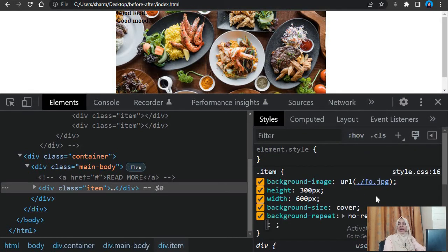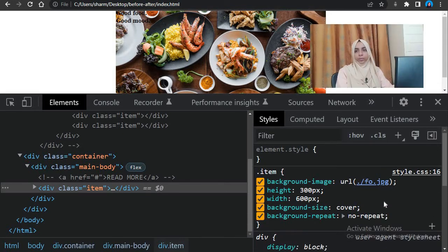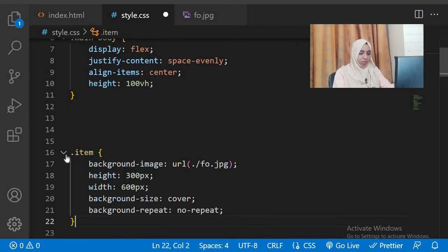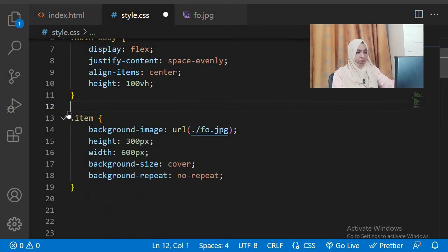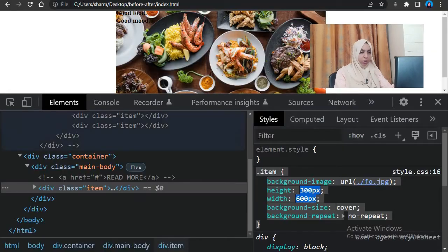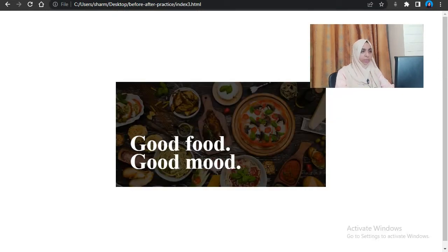I will make a dedicated video on these background properties that we have. We can use them in different ways, and they are amazing properties. Okay, so we just replace this item over here with it. Alright, so this is the background image we called. The first step is done.